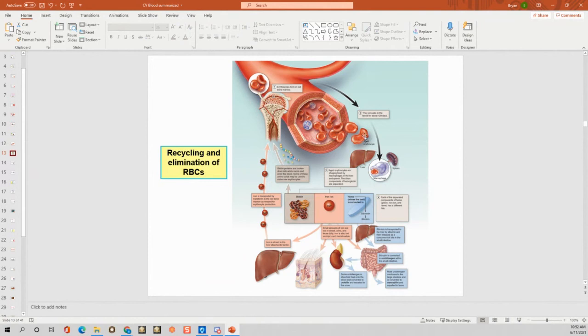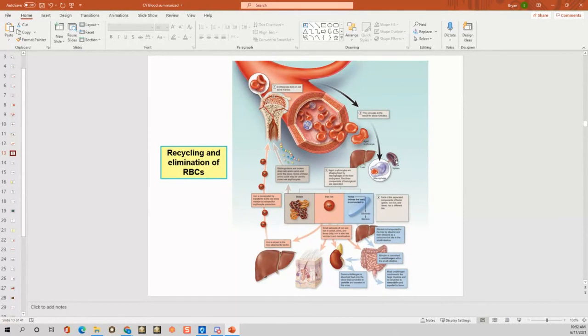These erythrocytes, if they get old, they cannot go through your capillary beds properly. So these aged erythrocytes, they've lost their elasticity, they're dead, they're just starting to not be able to transport oxygen very well. Well, they're going to be detected by either the liver or the spleen,